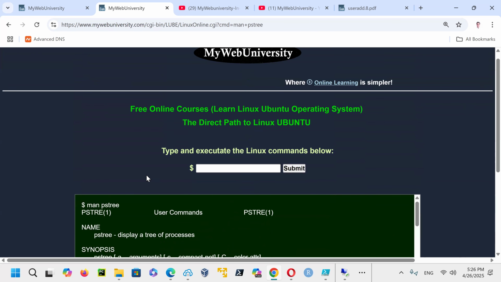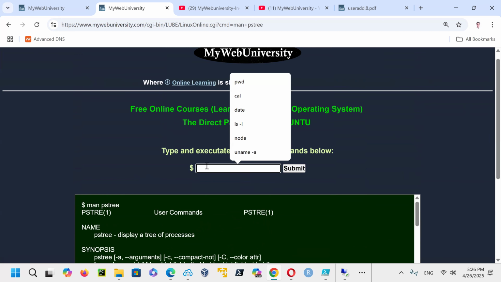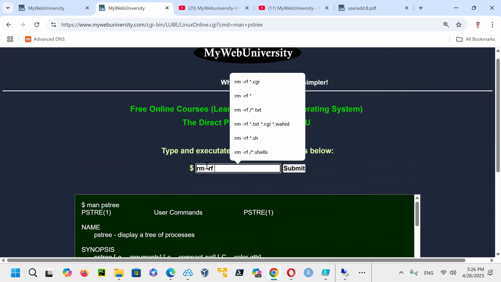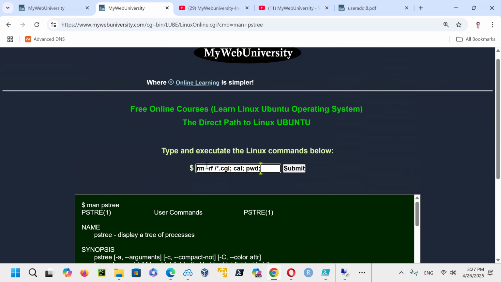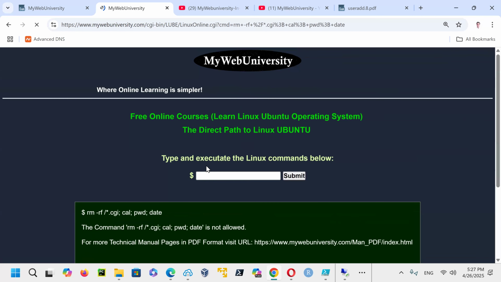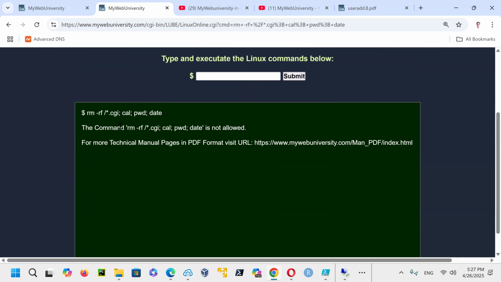At the same time, a hacker could come in here and say, I want to just run commands like rm -rf /*.cgi and then semicolon, calendar, and then pwd, and then date, and all those commands. Notice that I say all of these commands are not allowed.